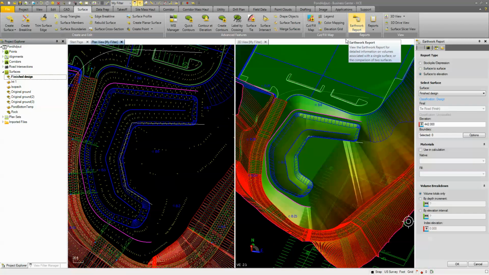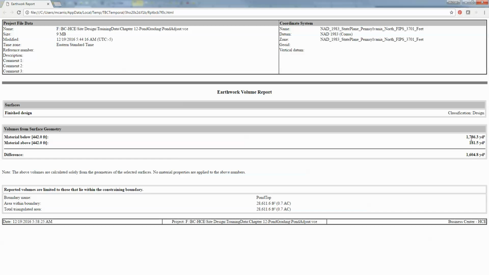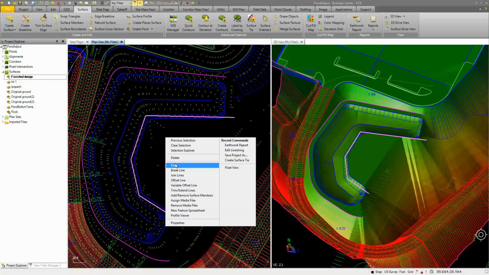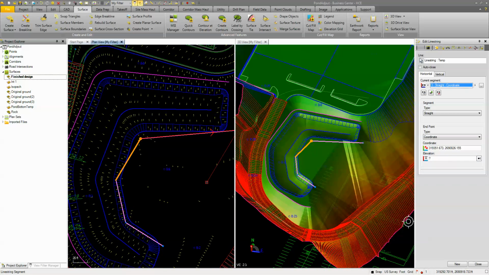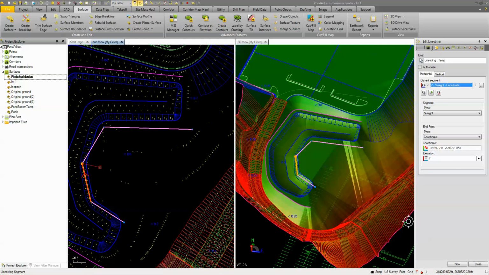So again, go back to the earthwork report. We're going to select our boundary. Everything should be set. And we'll click OK. And we'll see we're just a little bit shy. We got 1786. We're looking at 1850, so we need to make another couple of adjustments. So what I'm going to do is move this out as well. I'm going to edit this line, and we'll move it out to here. Okay, and we want to make sure we're maintaining that 6%. So I'm just moving these. We're going to have to go back and edit this,